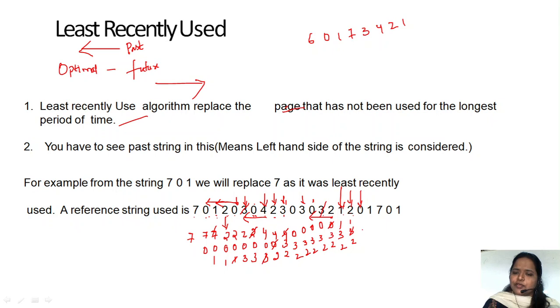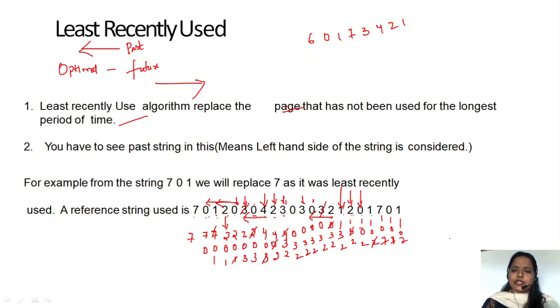So in place of 3 we will use 1 0 2, already there. Now 7 1 0 2, in second place we will replace. And 0th page is already there, and 1 page is already there. So this is how we will go for the least recently used page replacement algorithm.